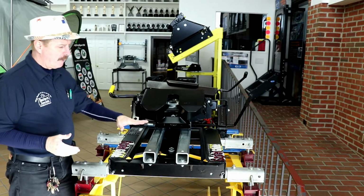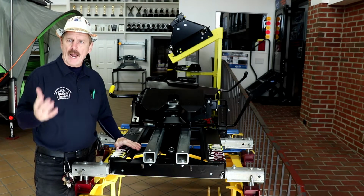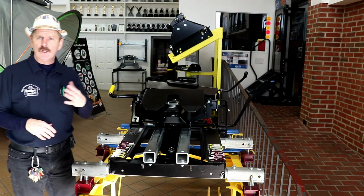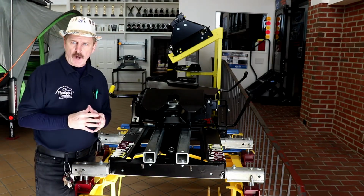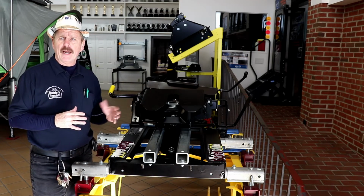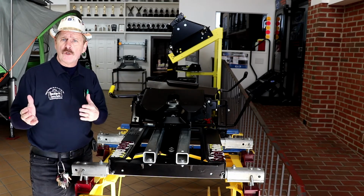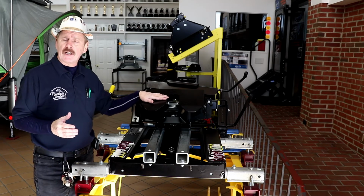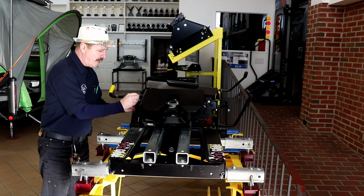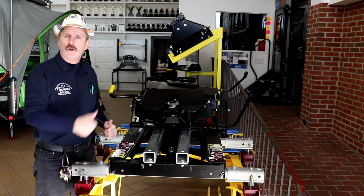Now, one of the knocks that Paultheairforceguy gets is how you disconnect or reconnect. Reconnecting's really typically not the issue, but when you're disconnecting, where you could run into an issue is if you're more than 8 degrees off, it does not want to unlock. However, that's really not a problem if you know what to do. The easy thing to do is leave it latched onto your vehicle. It has a little pin right here. You pull this pin out, you pull that pin out, leave it connected, and then just raise your fifth wheel,